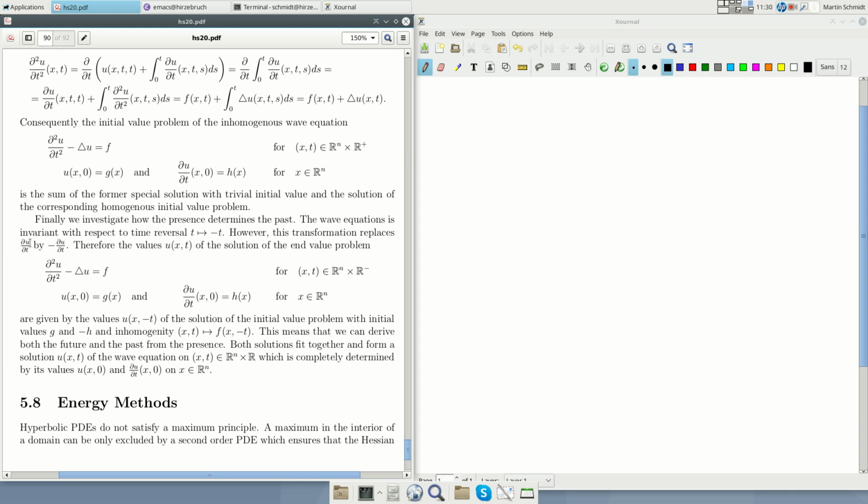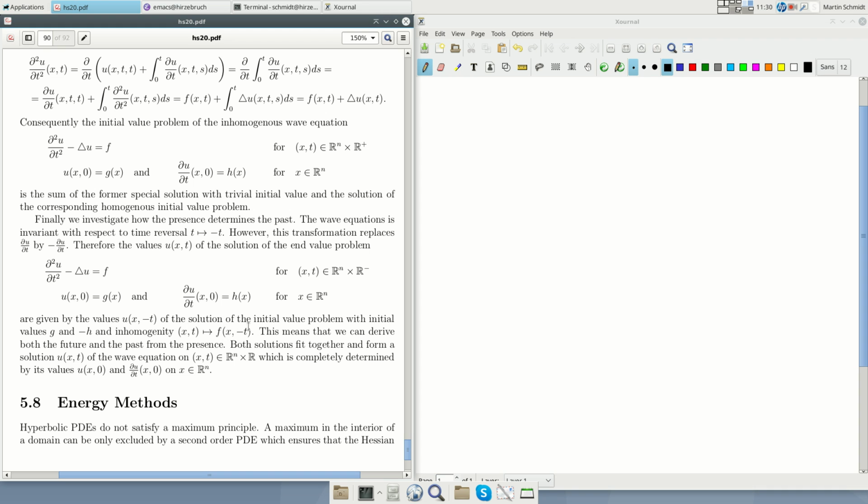One only has to take into account that the first derivative changes sign. So this term here changes sign. So we look for the solutions with initial values g and h reversed, so minus h, and of course the inhomogeneity